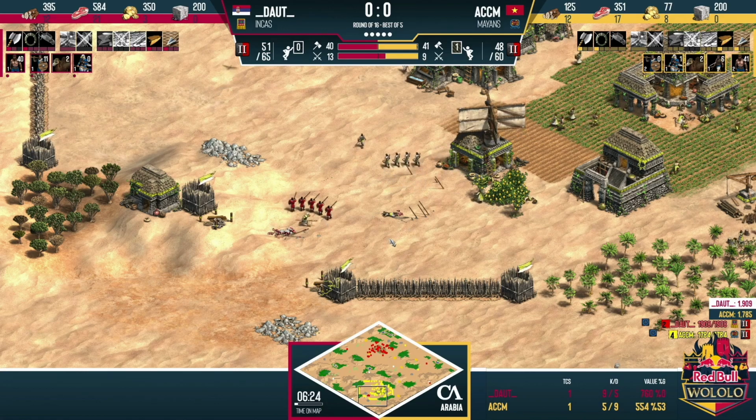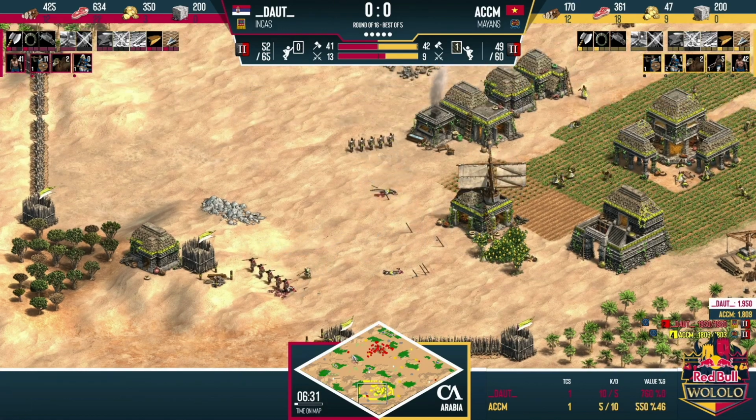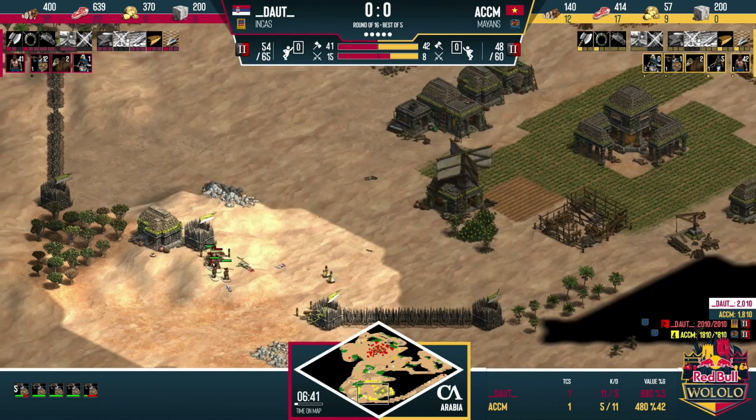Look at this micro from Daut. Like, how on earth, when your opponent has a barracks right there to create eagles, has he been able to do so much damage early? Well, he had some eagle production himself, and you said it, skirms are still vulnerable, but Daut did well at them,